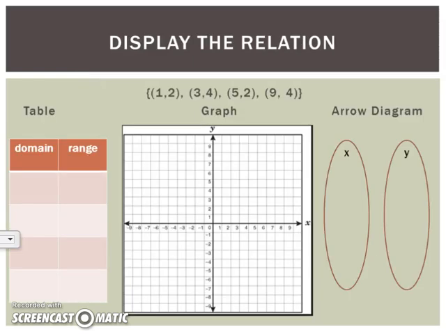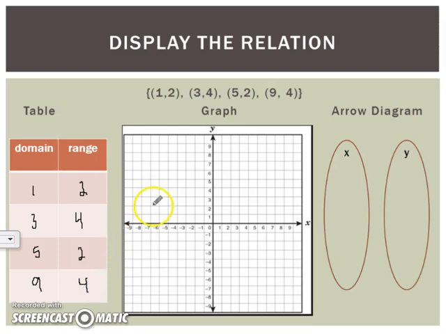Okay, and one more thing, you can also display the relation. So they'll give you the grouping of ordered pairs and you just have to display them different ways. So to display it as a table, make sure that your ordered pairs are matched up. So for this first one, 1 is the x value, 2 is the y value. So 1 is the domain, the 2 is the range. Next one, 3 is the domain, 4 is the range, 5 is the domain, 2 is the range, and 9